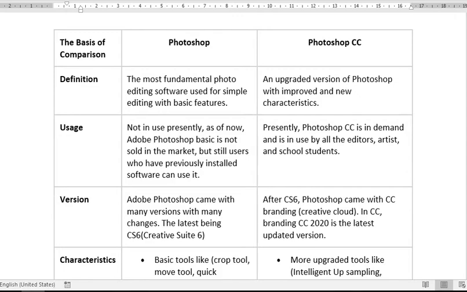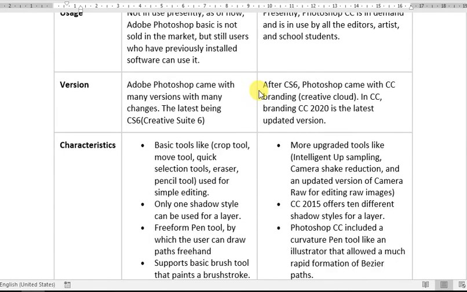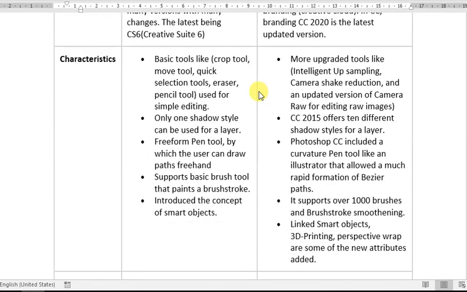So let us understand some characteristics of Photoshop. Adobe Photoshop has some basic tools like crop tool, move tool, quick selection tool, eraser tool, pencil tool, etc. for simple editing.